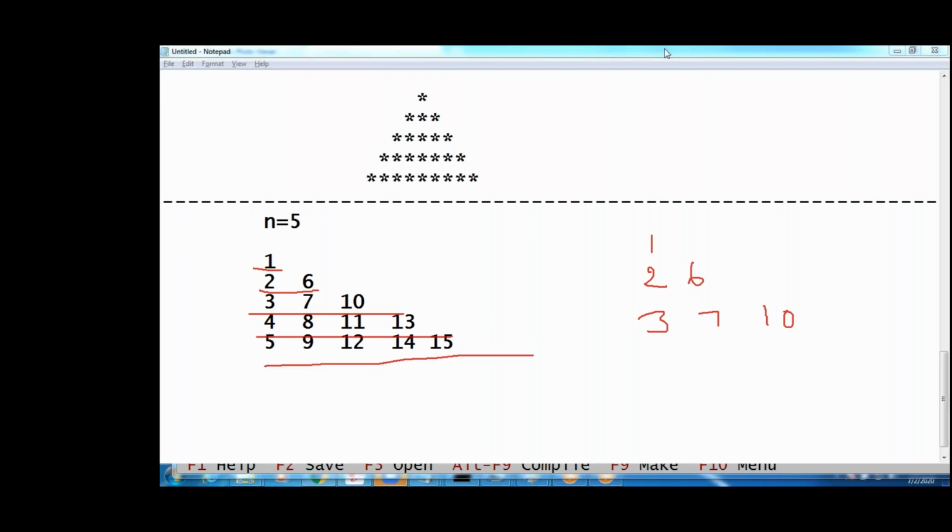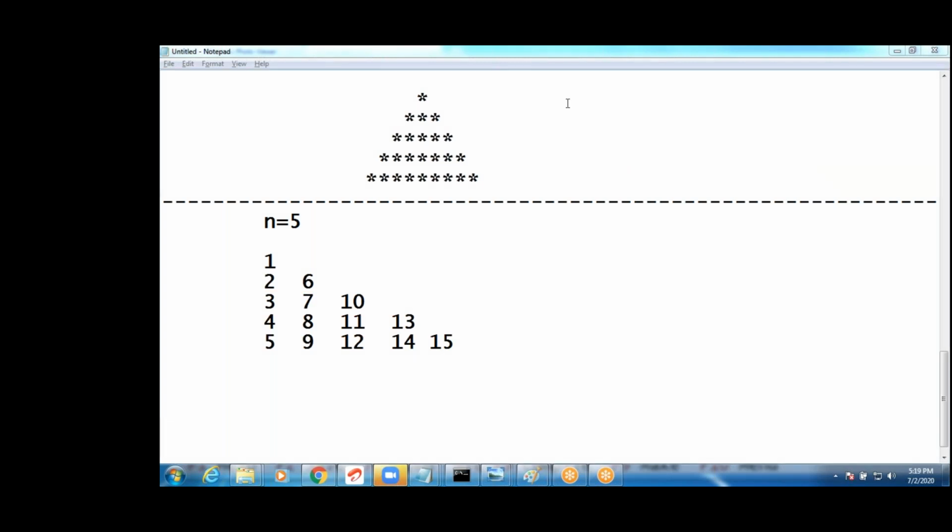For example, if you want to print this, yeah, we check it. 2, 6: first 2 will print. 6, how will it print? This is i value only, right? 1, 2, 3, 4, 5. This is i value only. I will store in one variable. Now how much you have to add? 4 has to add. What is 4? Can I write 4? n minus 1. Yeah, 4 I will add.